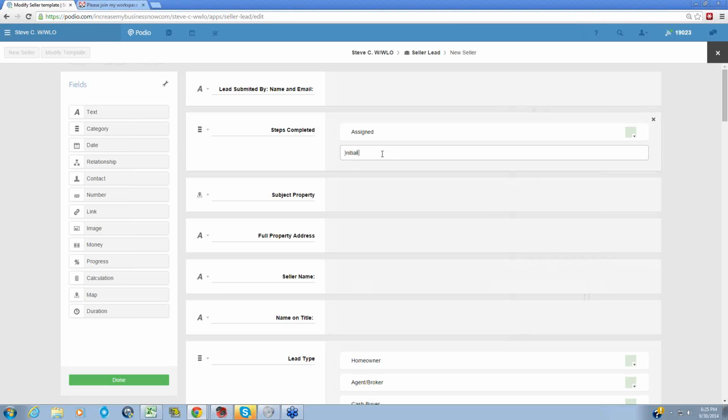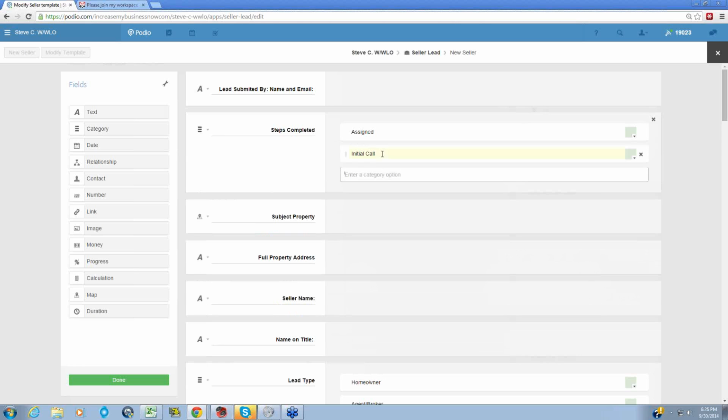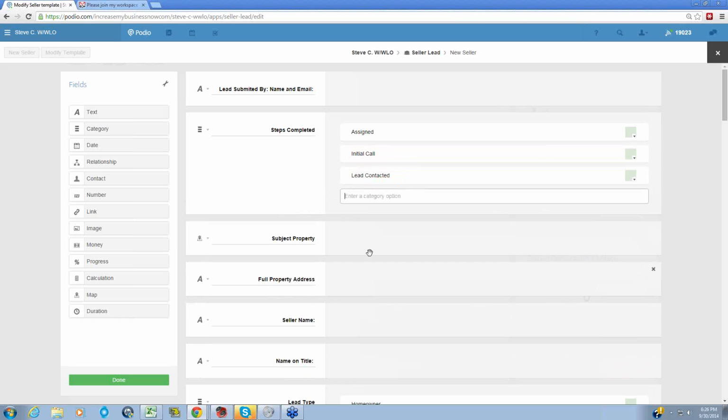Okay, the next one is the initial call. So we check this off once the initial call has been made, regardless of the outcome, all right? And the next step is contacted, okay? So if we're looking at this and we see that the lead has been assigned and it has the initial call checked off, but nothing else, we know that they're still trying to contact them, right? We're making second, third, fourth attempts, but they haven't been contacted yet until this is checked off. Then we know they've been contacted, okay? After they've been contacted,